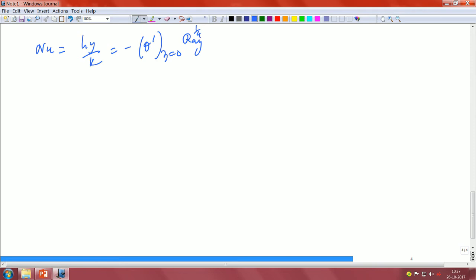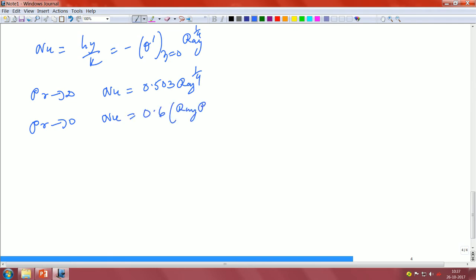When the Prandtl number goes to infinity, the Nusselt number becomes 0.503 times Rayleigh number to the power of 1/4. When the Prandtl number goes to 0, the Nusselt number becomes 0.6 times Rayleigh number y, Prandtl number to the power of 1/4, right. This is very close to the values that we got from our